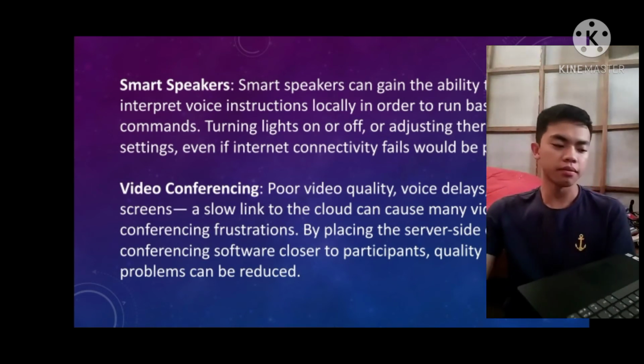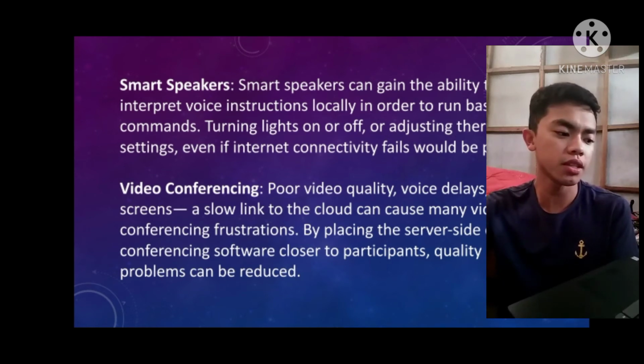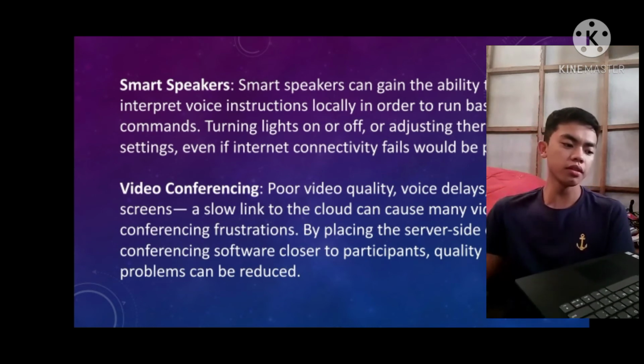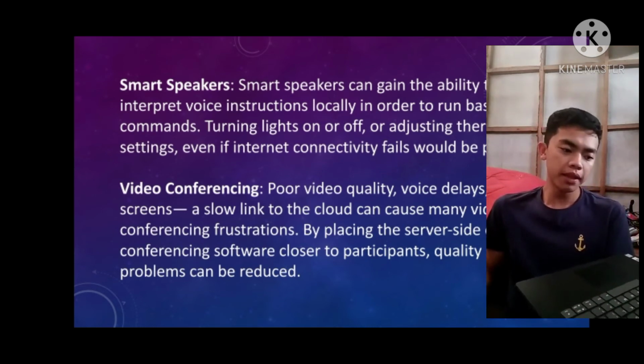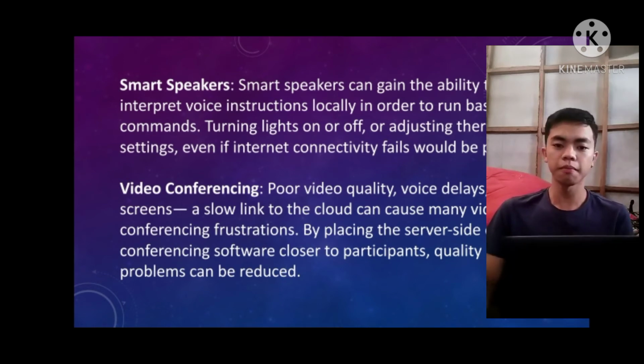Video conferencing. Poor video quality, voice delays, frozen screens, and a slow link to the cloud can cause many video conferencing frustrations. By placing the server side of video conferencing software close to participants, quality problems can be reduced.